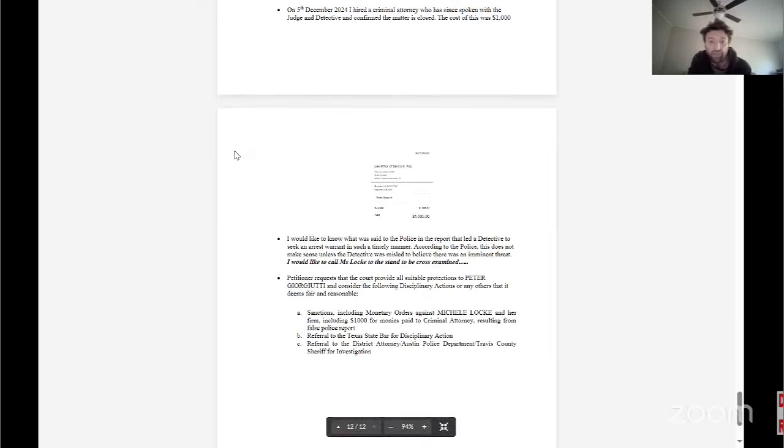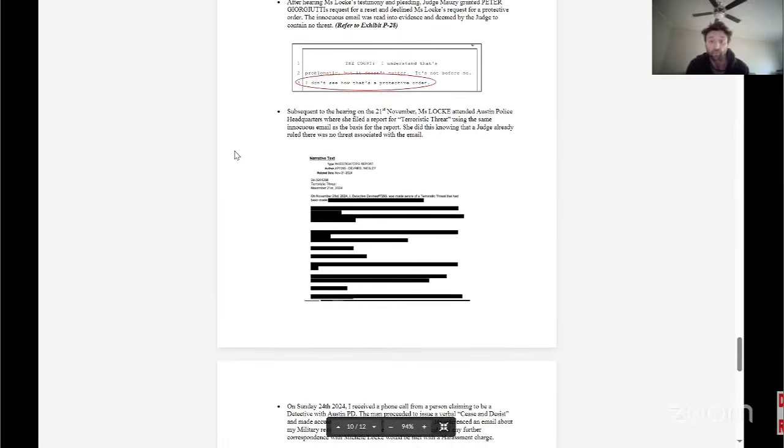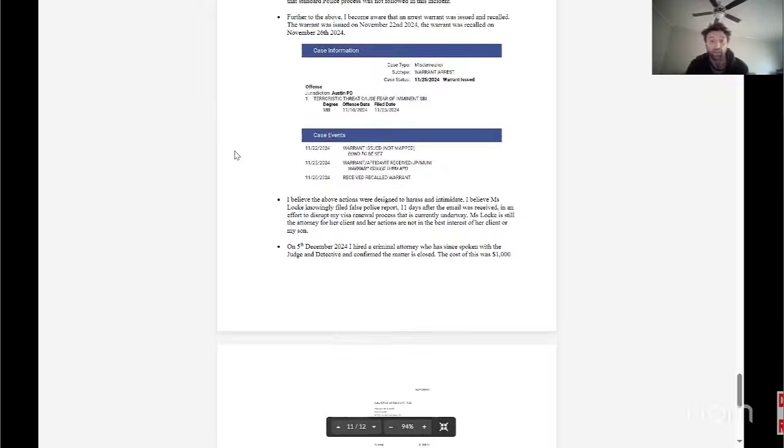I'm very keen to know what was said to the police in the report that led to the detective going for an arrest warrant in such a timely manner. According to the police, this doesn't make sense unless the detective was misled to believe that there was an imminent threat. I would like to cross-examine Ms. Locke to understand what was said to the police, because the police report is fully redacted, but I'm going to guess there are some details in here that may not be that accurate to make the police act the way they did. So am I able to